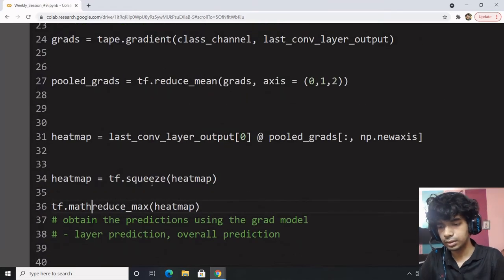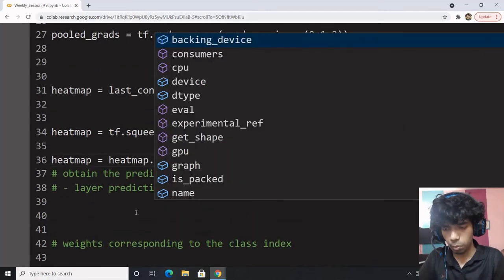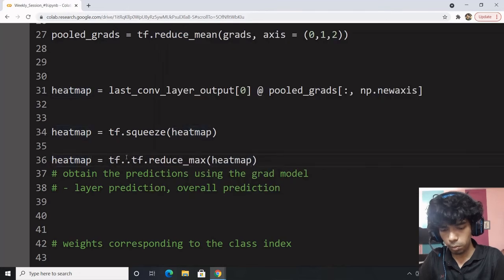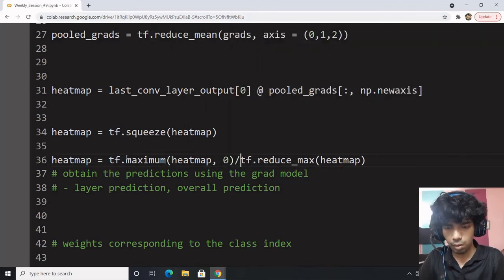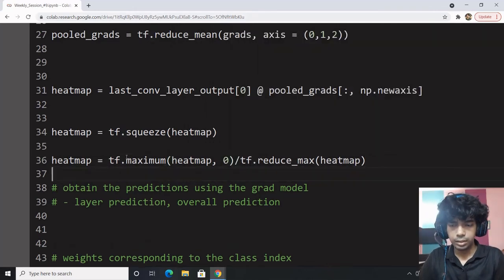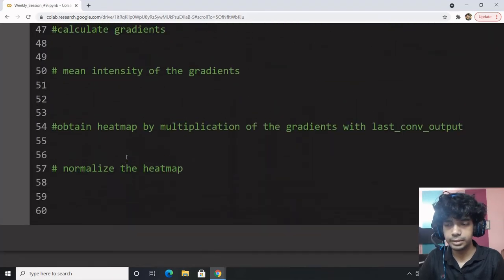Yep, that's what it is. And that is the heat map at its best.